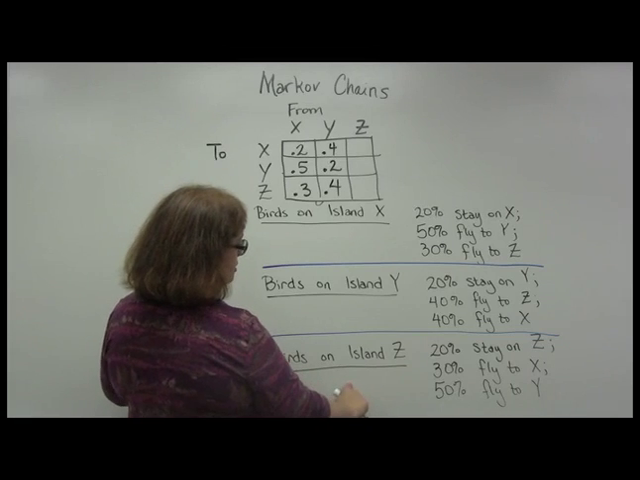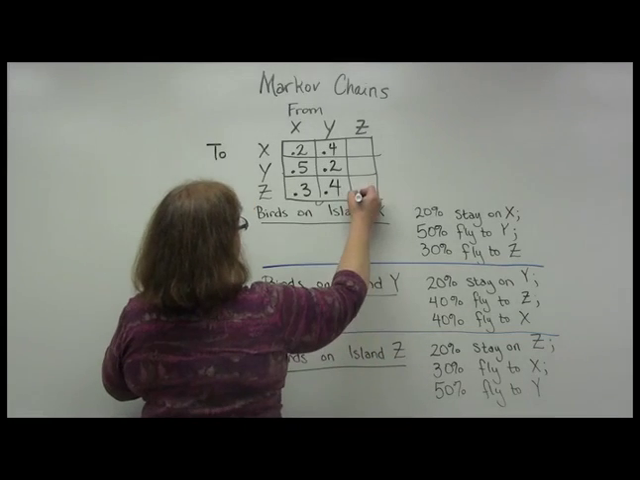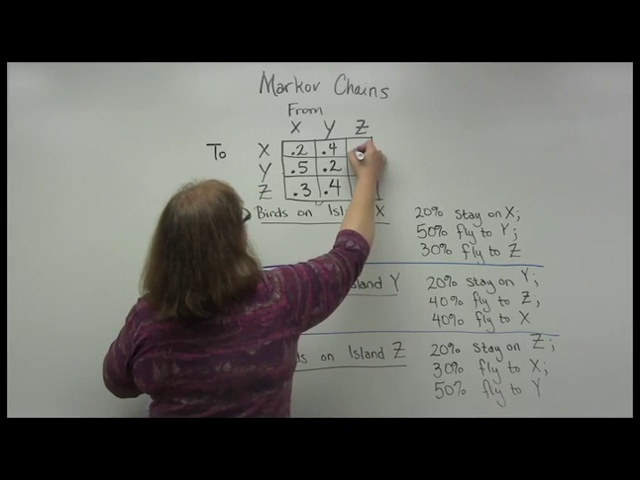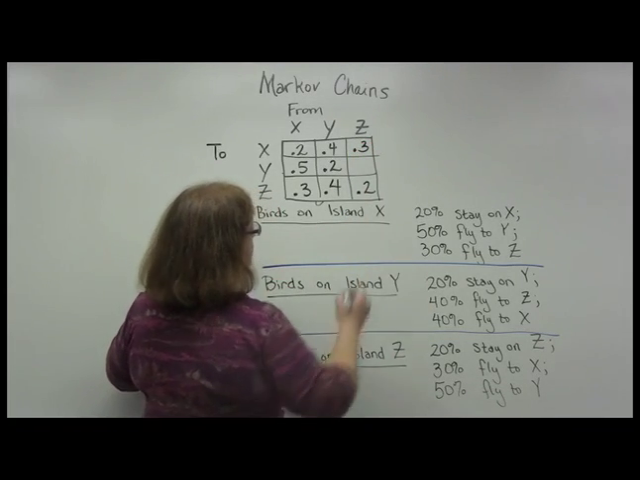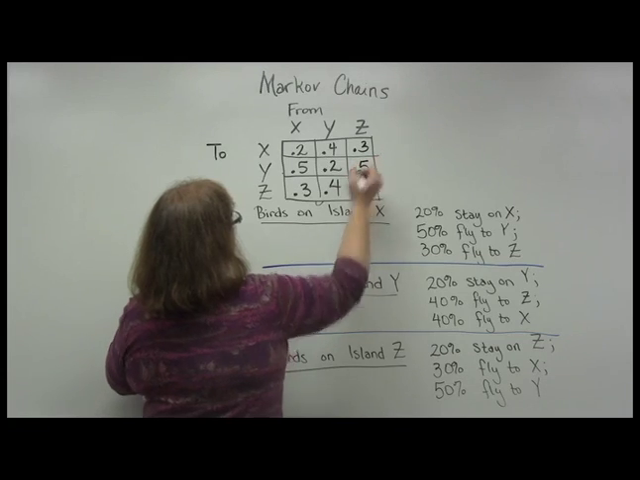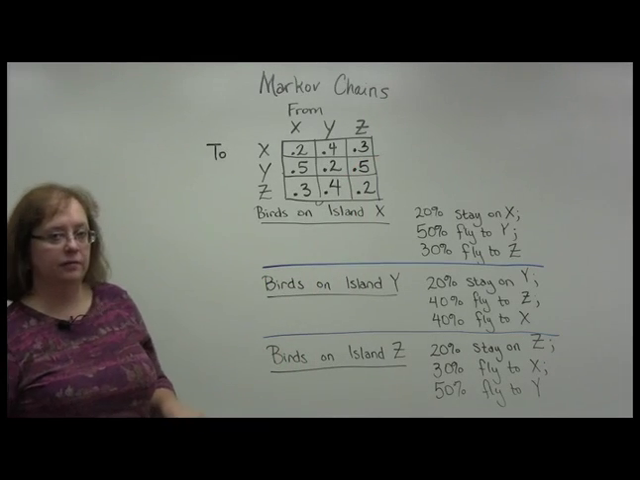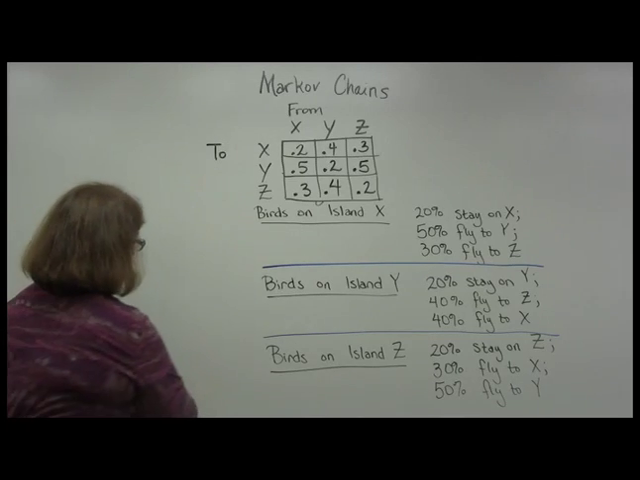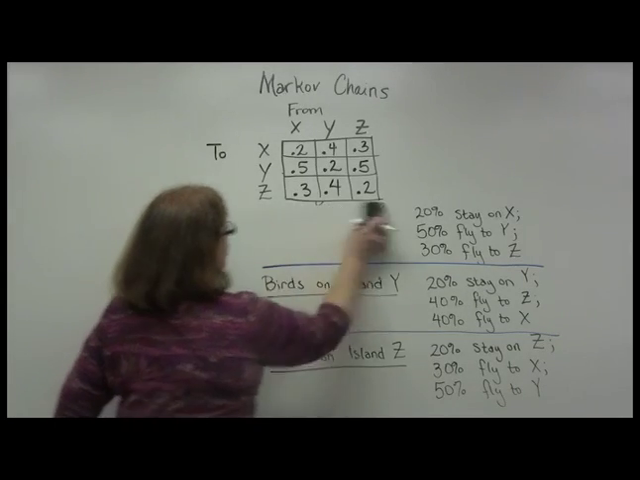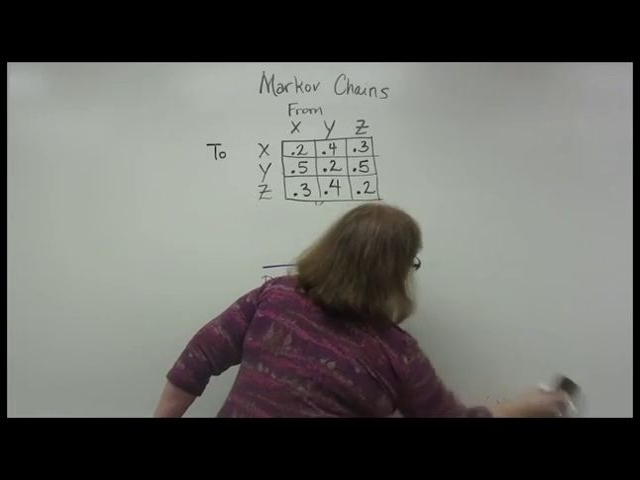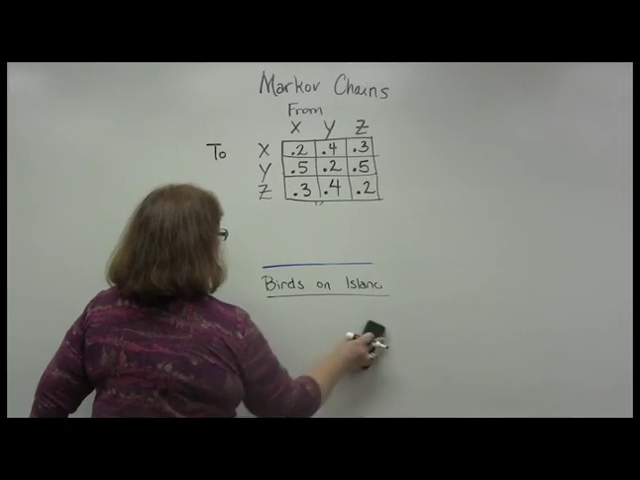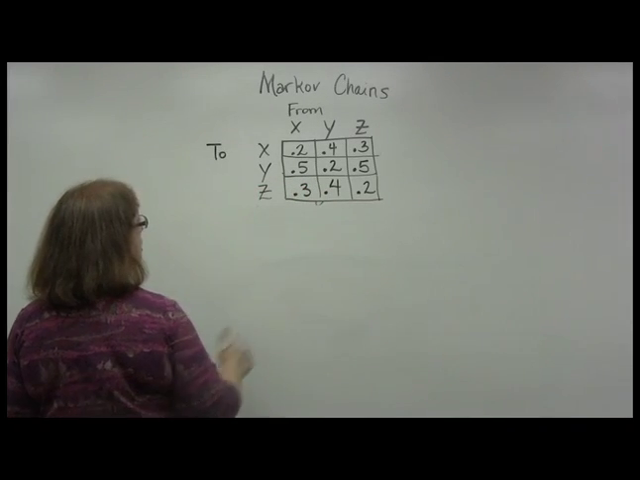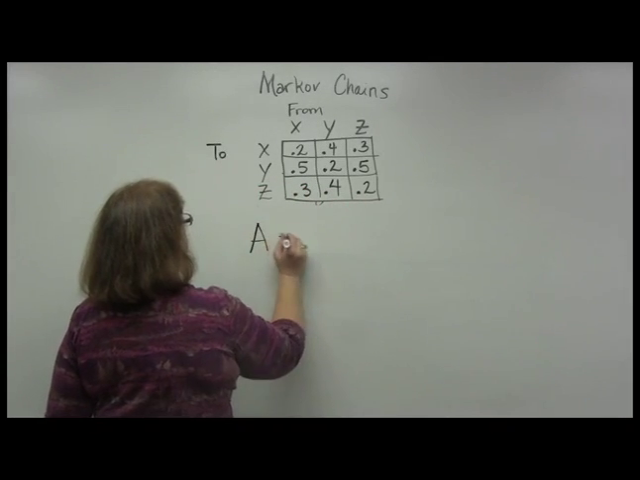And last, the ones on Z, 20% stay on Z, 30% fly to X, 50% fly to Y. So that gives us a summary. It also gives us our transition matrix. So that's our A matrix. So I'm going to erase all this information about what they're doing. Okay, so our A matrix, our transition matrix,